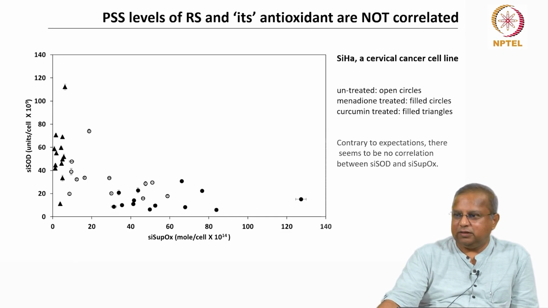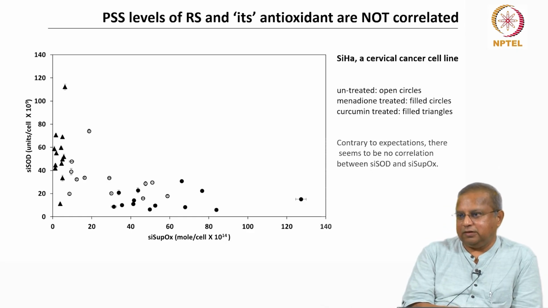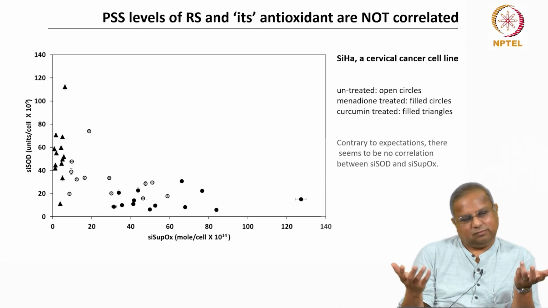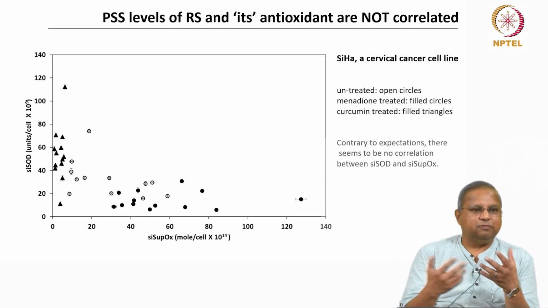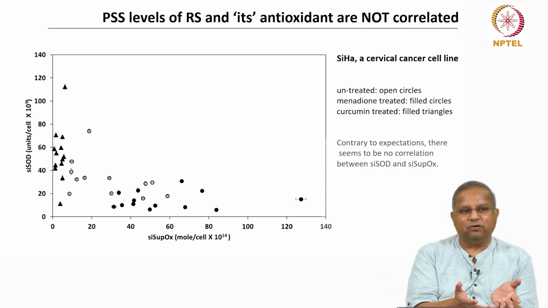Typically, the thinking still in the literature, going by the response in yesterday's seminar, is superoxide dismutase is a measure of superoxide. Makes sense from a molecular point of view, because the mechanism is known, it is supposed to quench this. So, you measure superoxide dismutase, it should reflect superoxide. No, there is absolutely no correlation,